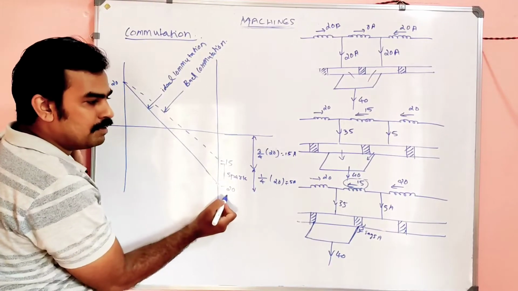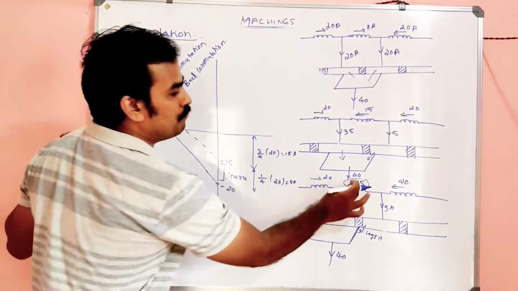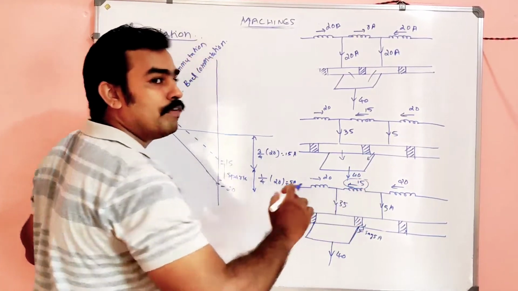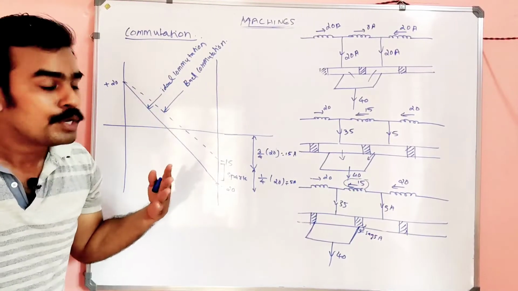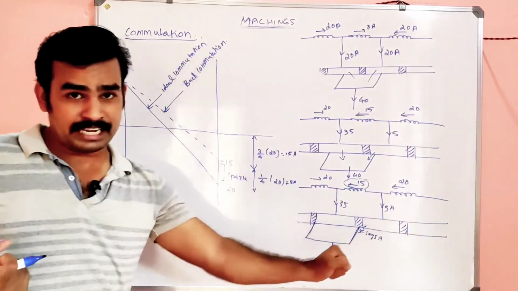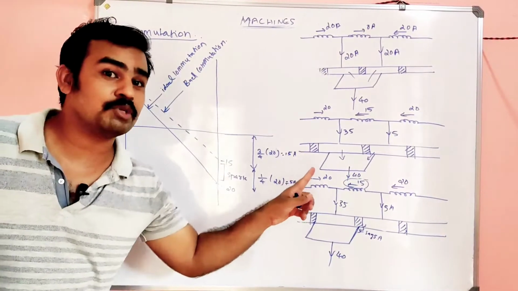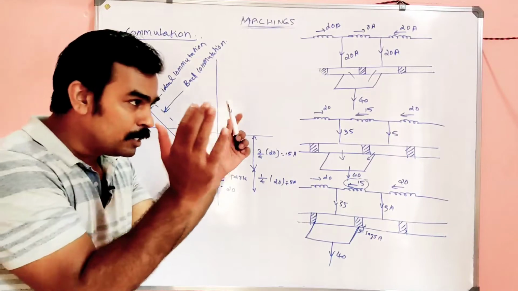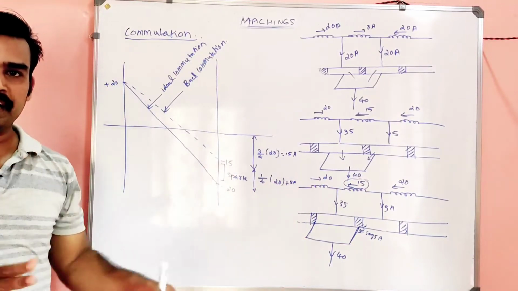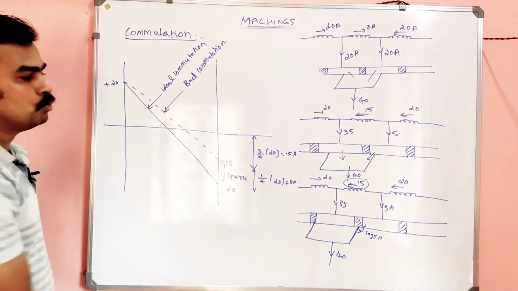So plus 20 to minus 20 will be the actual case, but what happened? Plus 20 to minus 15 only is happening there. Actually we are supposed to reach 20, but actually it is 15. So 5 will be lost in some other manner. Not in the sense that loss means it is not utilized, it is utilized here, but as far as the meaning of commutation it is not utilized. If it is a perfect commutation, plus 20 here to minus 20 will be here, but due to the sparking effect,